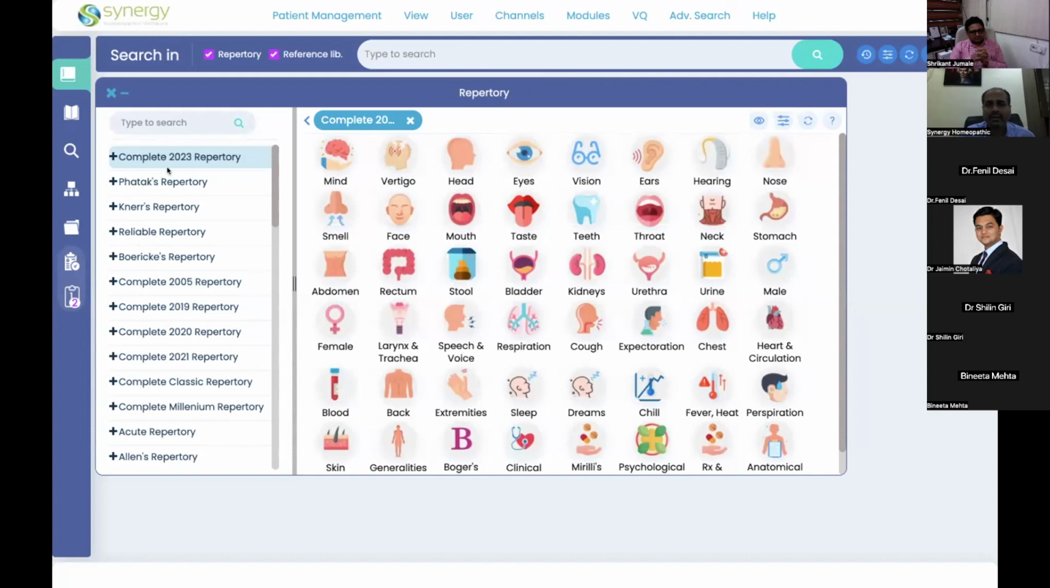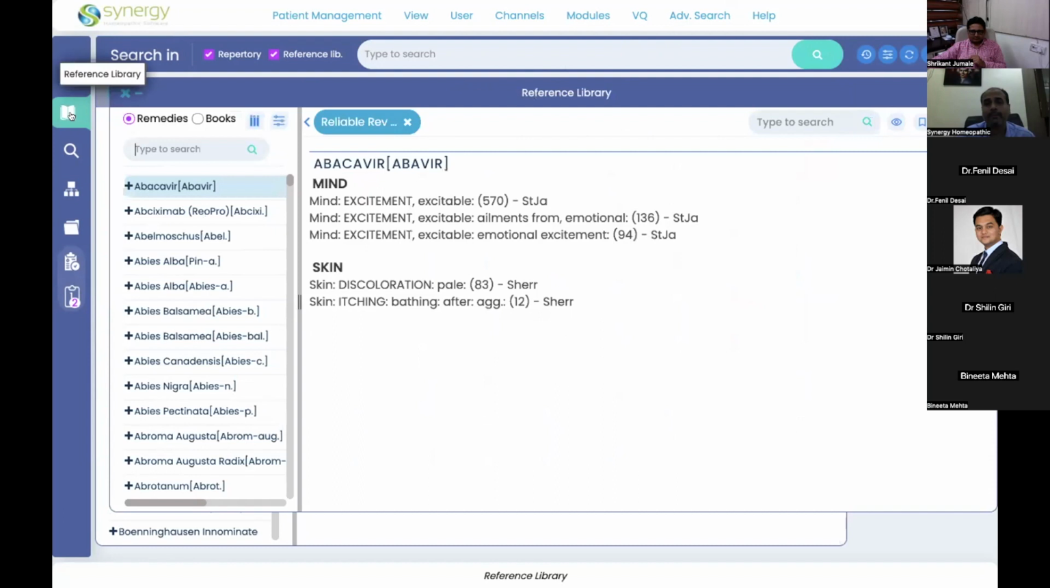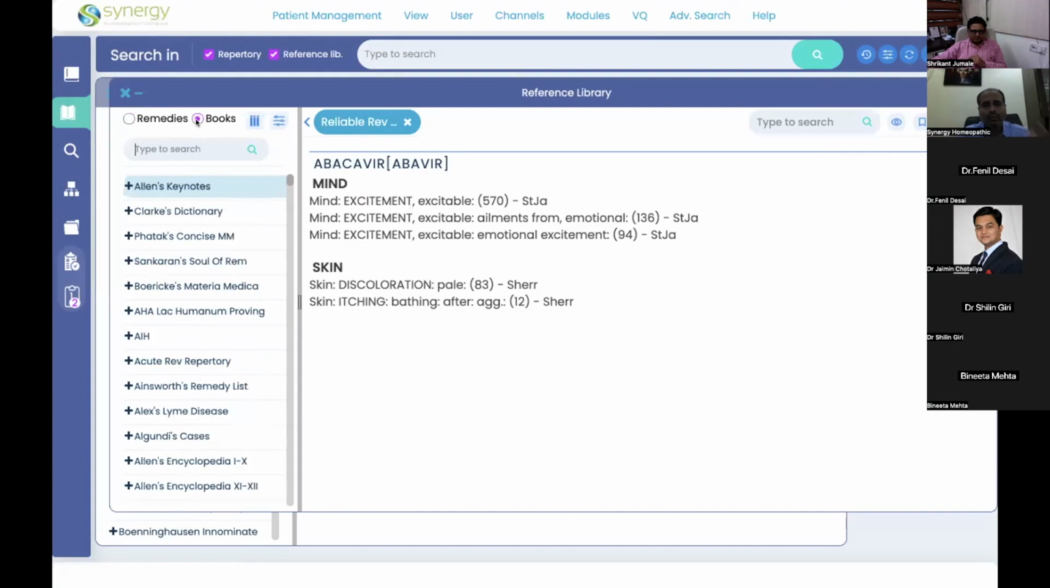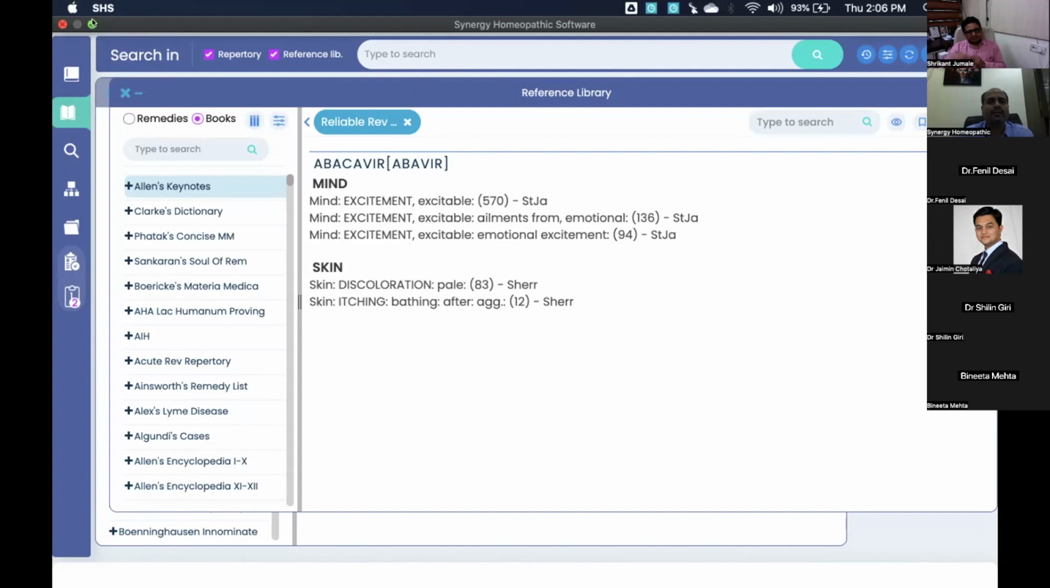This is the repertory section. We'll just cover in brief about repertory in a while, but just a similar function to what I showed about taking your favorite repertories at the top. We have the reference library as well, and in this as well you can go to the book section and you can see Allen's, Clark, Phatak, Sankaran Soul of Remedies and Boericke Materia Medica are the top 5 Materia Medica books which I refer to. You can do the same thing which you did for the repertories,